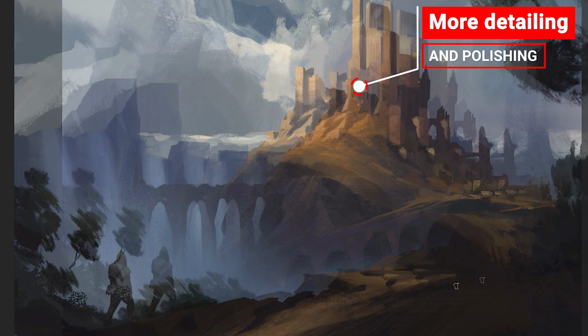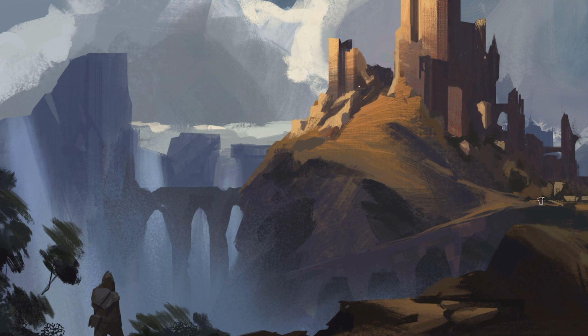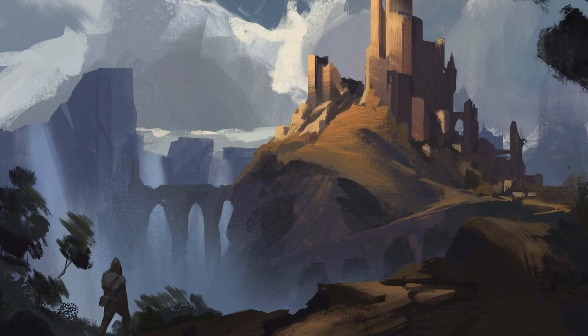Right now I'm mostly spending time on adding accents of light here and there, maybe improving the contrast overall, especially around our focal point. I'm also trying to find some rough edges that maybe indicate weird